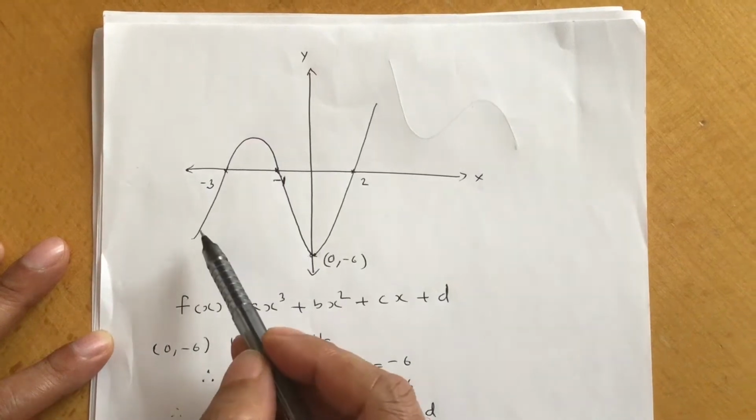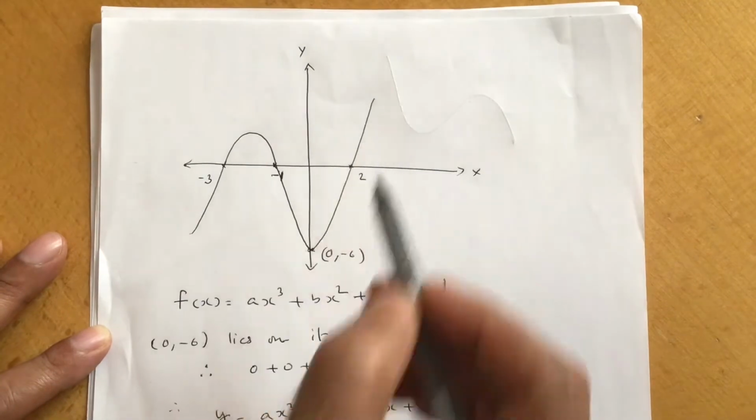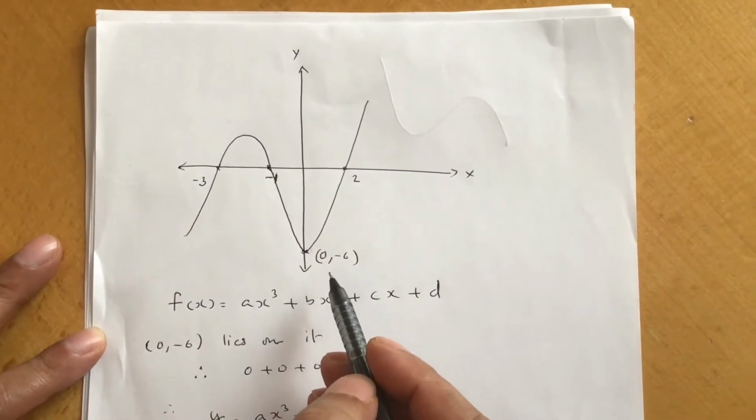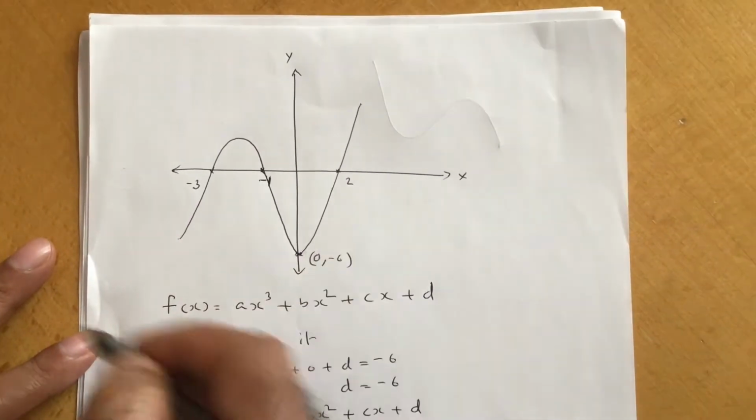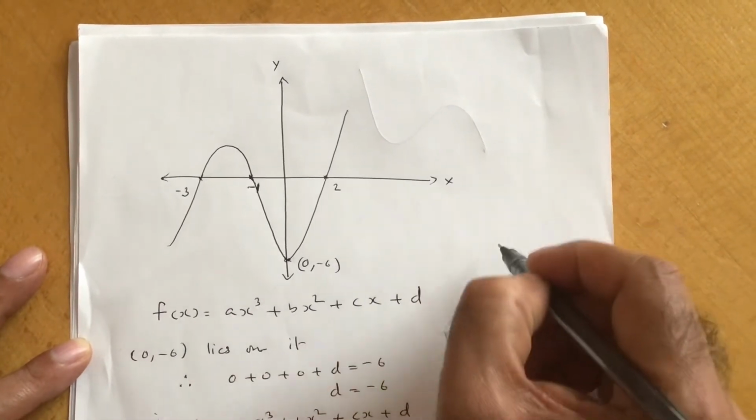So here we are going to look at this cubic function. I have drawn the cubic function. This is the same question which we did in class. Since we have to find the equation of this cubic function, we know that a cubic function's general shape is